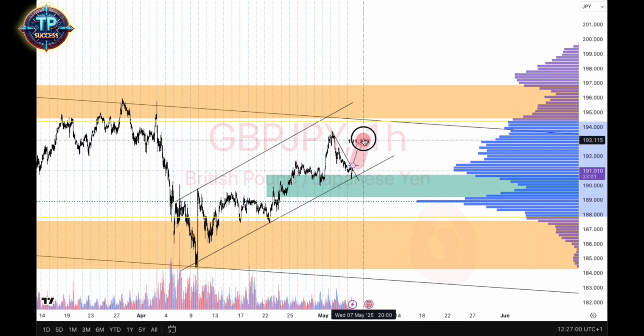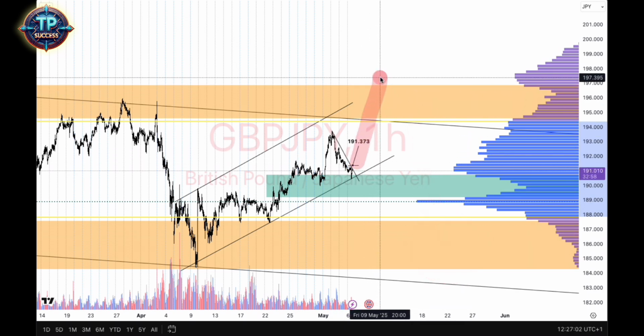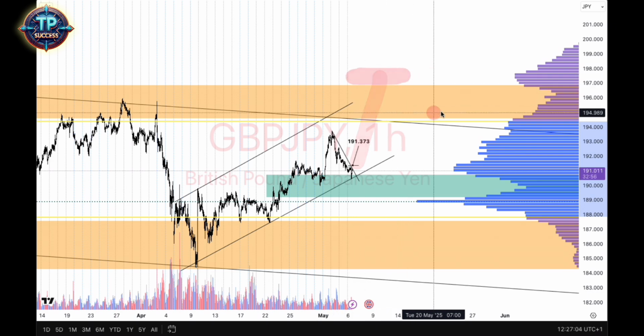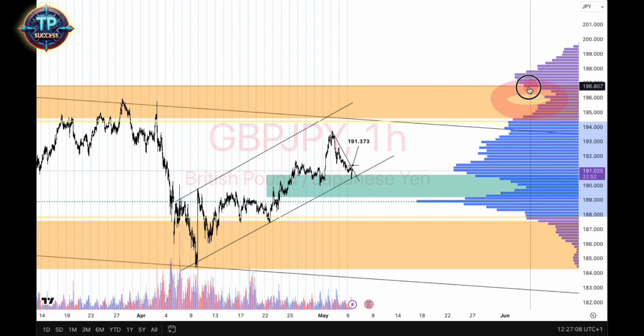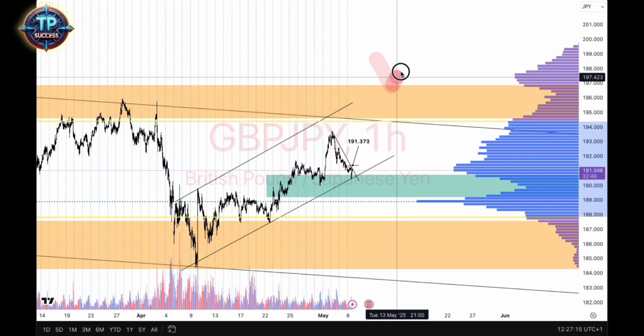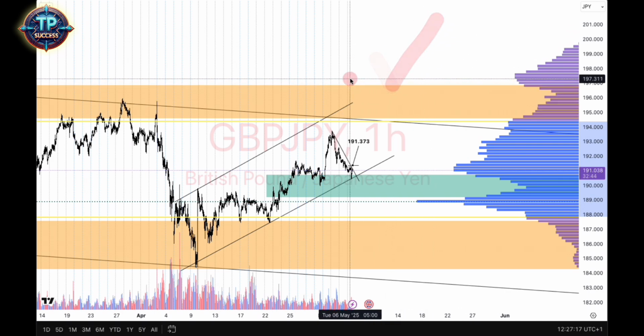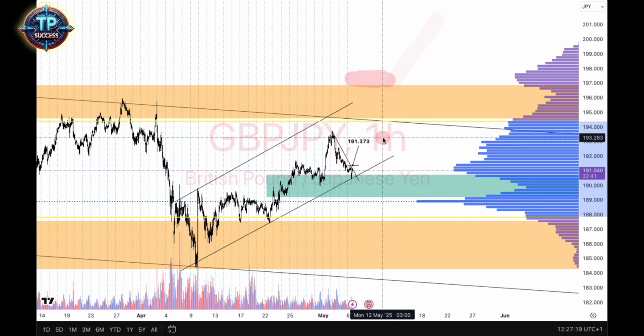However, if price pushes up and closes above this low value area here, bearing in mind that it's gone past the low value node, which is this over here, I will then wait for price to come back in and ride it back to the upside, or I could just FOMO in as soon as it gets to this level and cover this area here as my potential stop. These are the options that I have in regards to how I would behave with